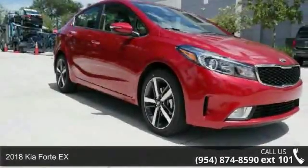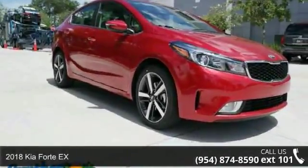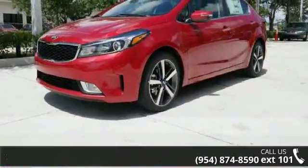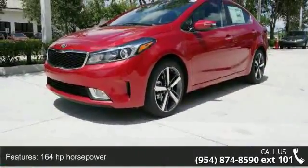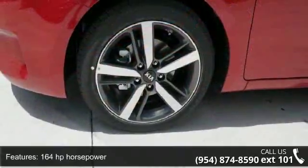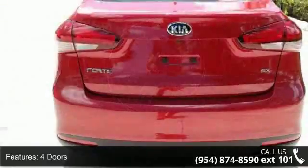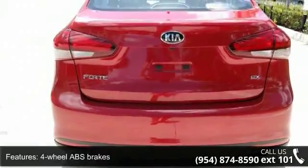Imagine yourself in this Kia 2018 Forte X. This may be the set of wheels you've been looking for. Some of the top features included with this vehicle are 164 horsepower, 2-liter inline 4-cylinder DOHC engine, 4 doors, 4-wheel